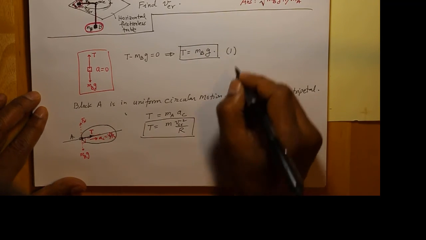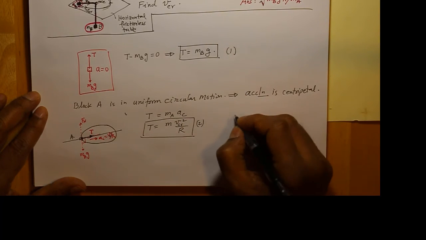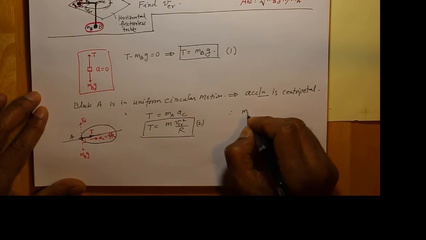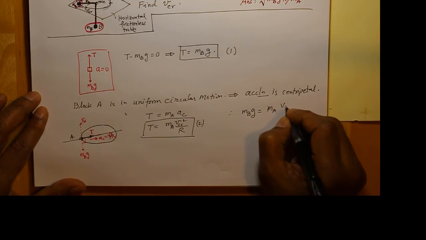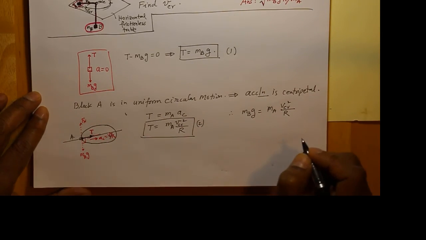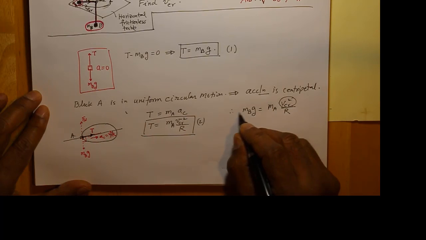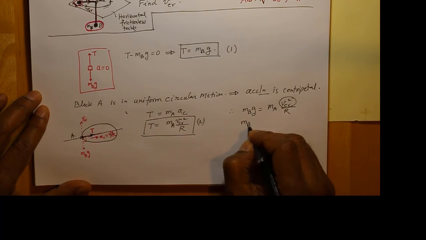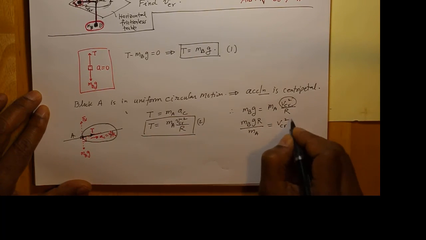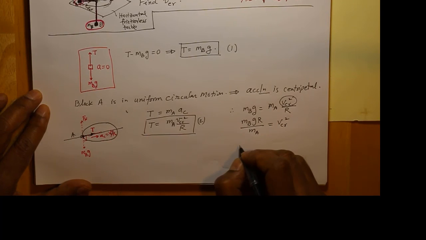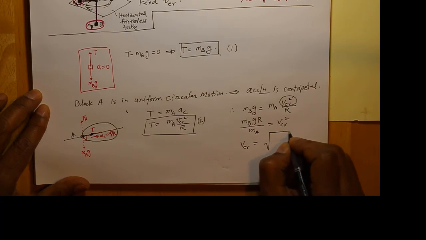Looking at equations 1 and 2, I can use the T from 1 in 2. Therefore MBg equals mA v critical squared over r. I want v critical, so I isolate it by multiplying by r divided by mA. So MBgr over mA is v critical squared, and I take the square root of this, and that's the answer. So v critical, and I take only the positive root because this is speed, equals the square root of MB